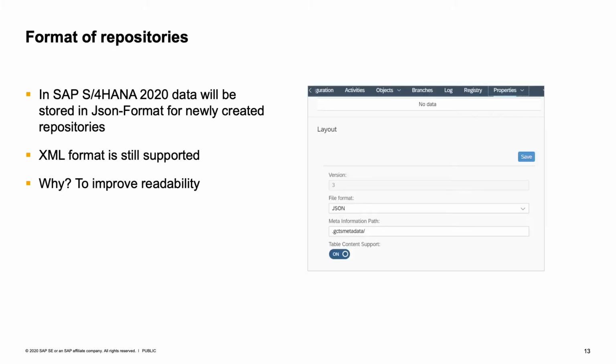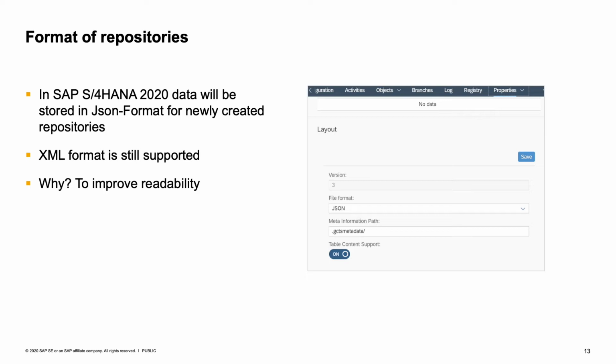What has also changed is the format of the repositories. So in SAP S/4HANA 2020, new repositories that you create will be in JSON format. That's a parameter of the repository. You will find it in the details if you look into the GCTS app. And this is not for all of the old repositories. So if you had been working with GCTS in 1909, nothing will be changed. So you can continue working with these repositories as you did. And you also cannot change, or should not change, the format, because this will not work for data that is already available on Git. But for new repositories, it would be good to use this new format.